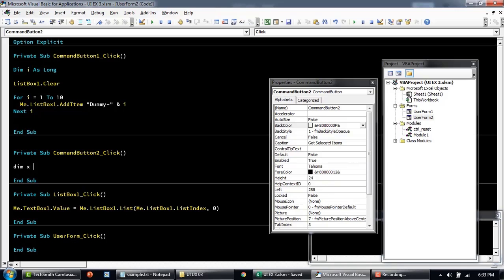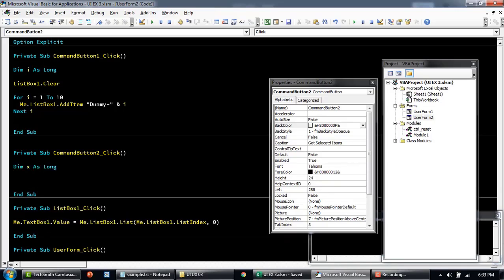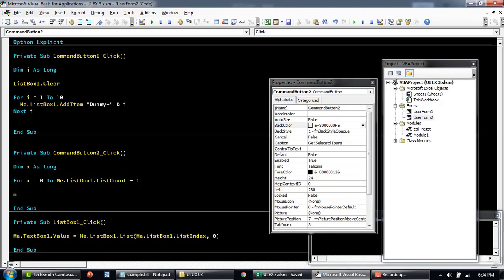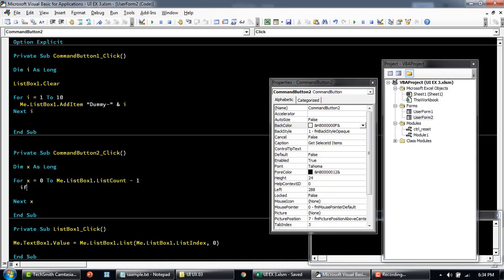So we'll say dim x as long, and then for x equal to, so the index starts from 0 for the listbox. We'll get the count, -1 is just to take care because it's starting from 0. So now we'll say if me.listbox1.selected, whatever is selected for that particular index. It's going to loop through and check if that particular index is selected. If it is true, then